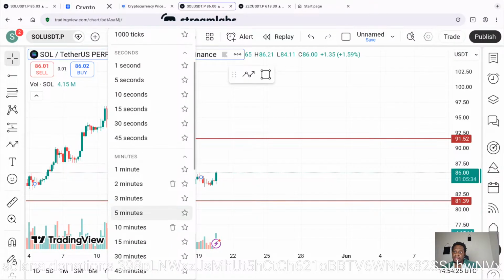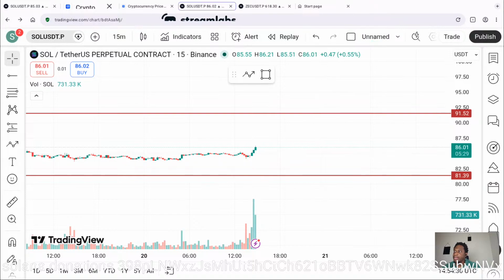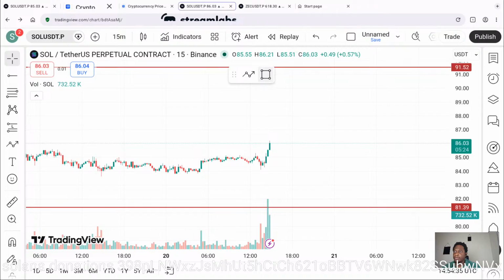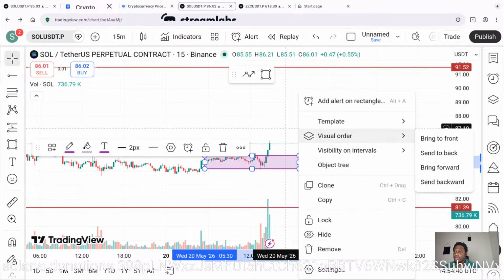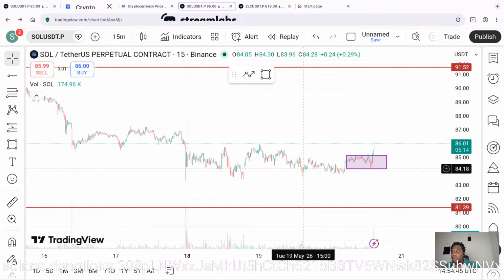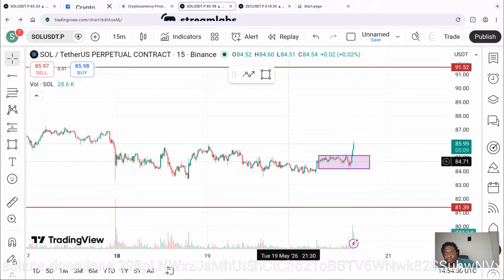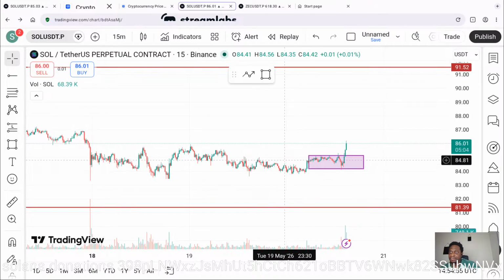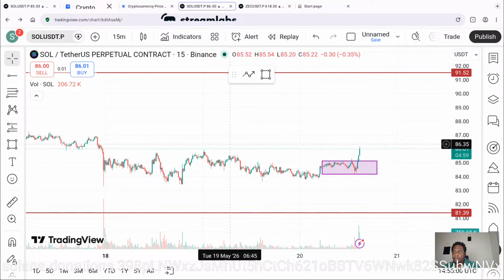So let's take it down to the 15 minutes. You see, on the 15 minute, this is already some sort of break of structure, because it's broken out here. Now it's possible this could keep going, but you don't know that. So you need some other confluences and confirmation before you could commit your money into the market. So yes, we've done a break of structure there, but